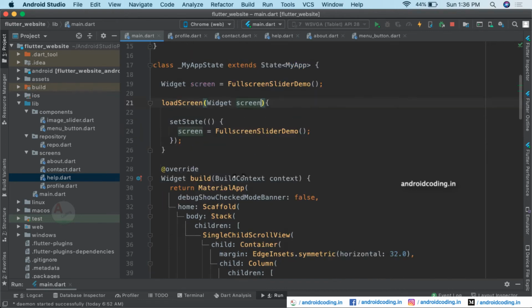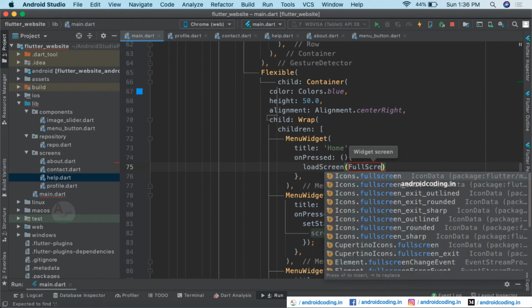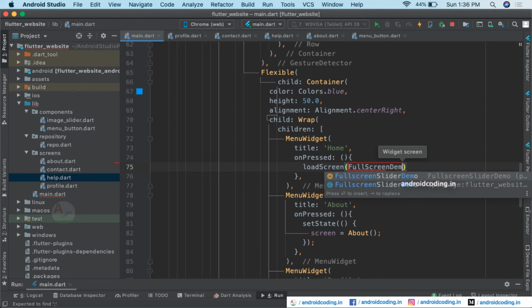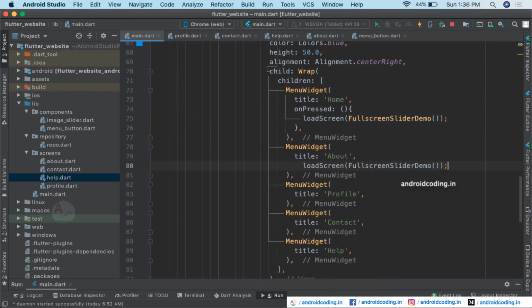So we can make use of the load screen functionality here, load screen, and full screen demo. Yes, so in the same way you can do it for all the remaining classes as well.